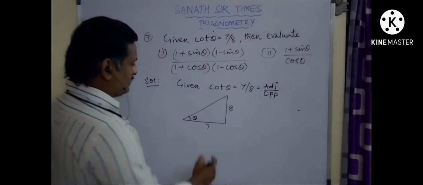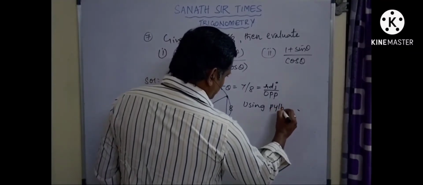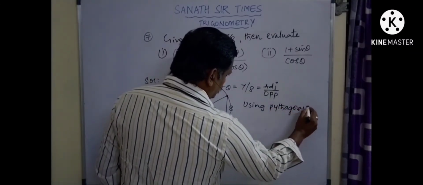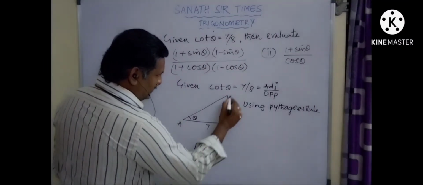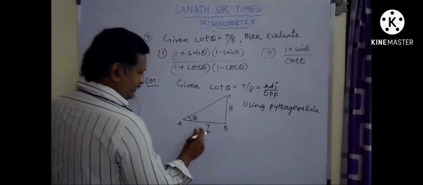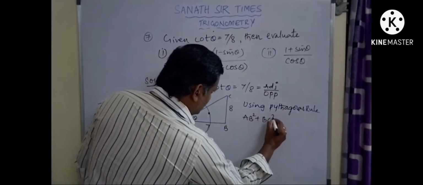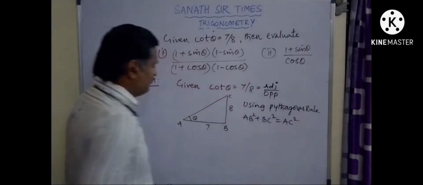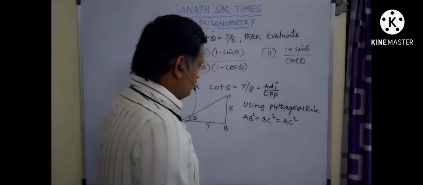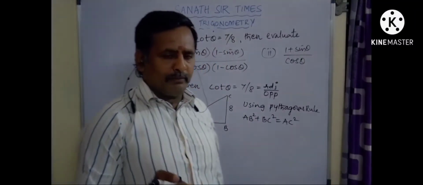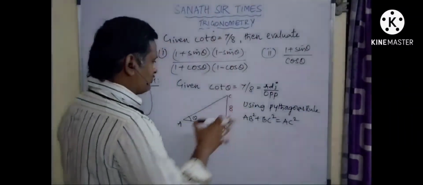Again using Pythagoras theorem, using Pythagoras rule. Now what is that? Let us name the triangle as ABC. Using Pythagoras rule, these are the two smaller sides. The sum of the squares of two smaller sides is equal to square of the largest third side called as hypotenuse square. Right? Don't hide the definition. Concept is important. Definitions are outdated. Definitions are not that much important.